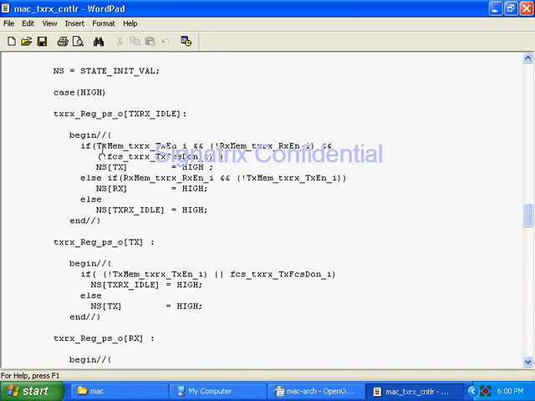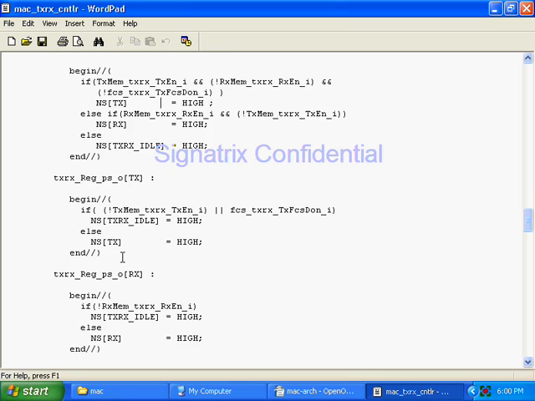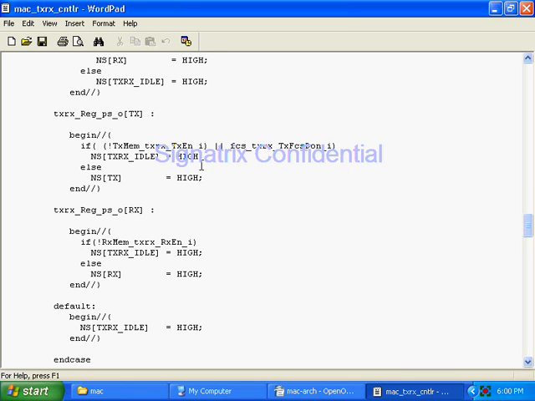Okay, so the logic here is whenever I am getting the signal from TX memory that this TX enable is high, I have to verify during that time whether RX enable is high or not. If RX enable is low, TX enable is high, and FCS TX done is not done, in that case I have to go to TX state. In that TX state I will keep on transmitting the data coming from TX memory to the PHY side, and whenever that FCS TX done is coming, or whenever this condition is not satisfied, I have to go to this else spot.